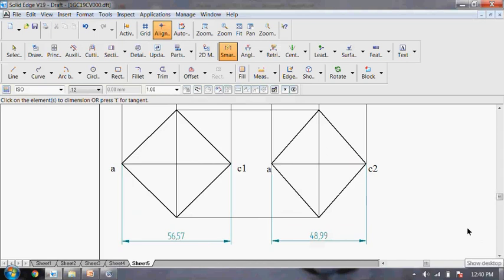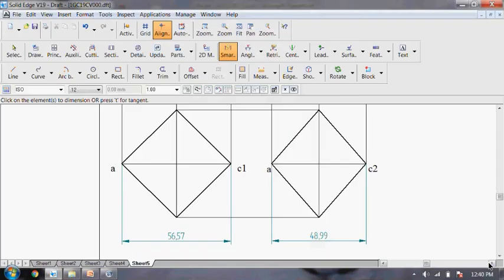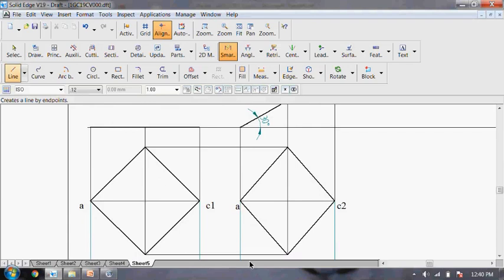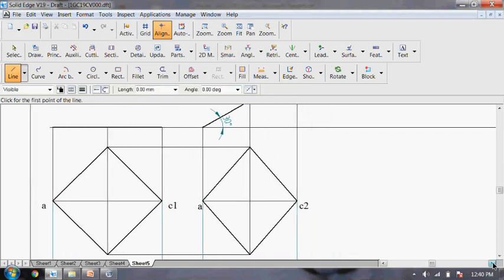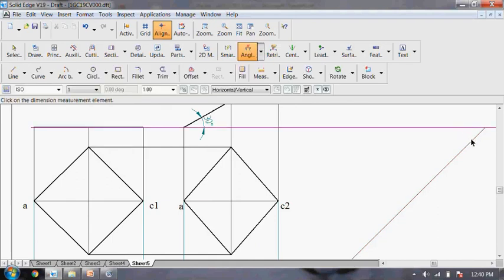So in the next step, since the VP angle is not given, we have to find out beta angle. So the given VP angle is 45 degree to VP. So consider 45 degree line in third quadrant. To consider 45 degree line in third quadrant, it will be 180 minus 45, it will be 135, it will be minus 135. Type the angle as minus 135 and you can check for the angle. So use angle between command, so it's a 45 degree.